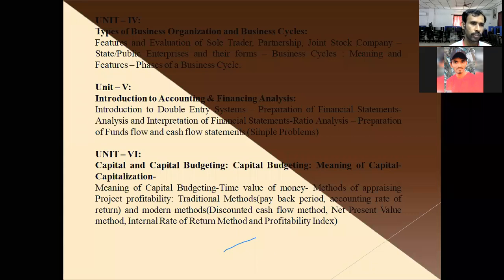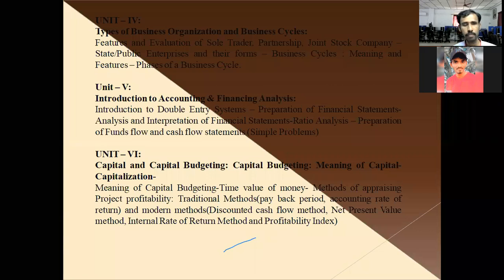Here in this fifth unit, my concentration will be on how to prepare an accounting statement or how to prepare a financial statement for a company. So I'll teach you the various types of financial statements that are required for a business. Generally, we focus on 3 statements here. The first statement is the trading account. The second statement is the profit and loss account. The third statement is the balance sheet. A combination of these 3 is also called the final account. So we'll focus on preparing all these 3 statements.